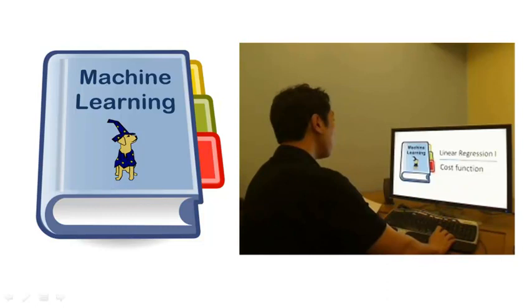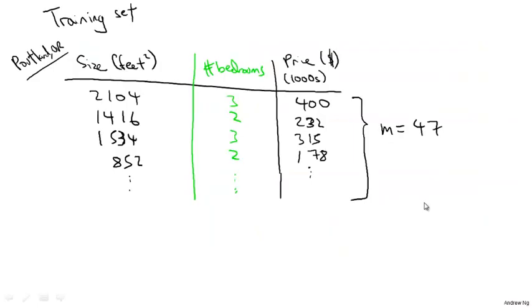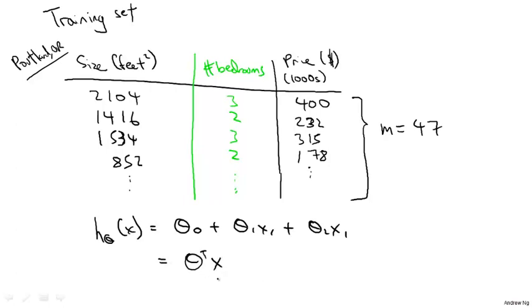So you remember from the previous video, we had a training set that looked like this, in which we were given the sizes and the number of bedrooms in, say, 47 houses in our training set. And we said that in linear regression we'll use this linear representation for our hypothesis, which we can also write as theta transpose x, where by convention x0 was this new feature we introduced that's always equal to 1. So these numbers, theta i's, are called the parameters